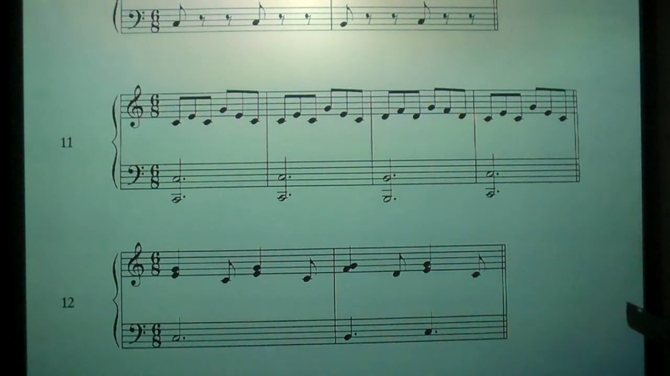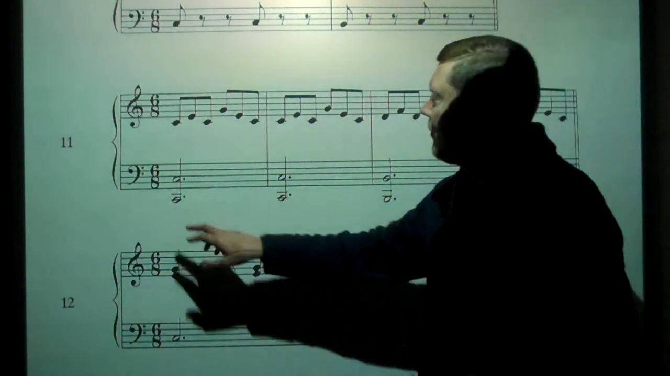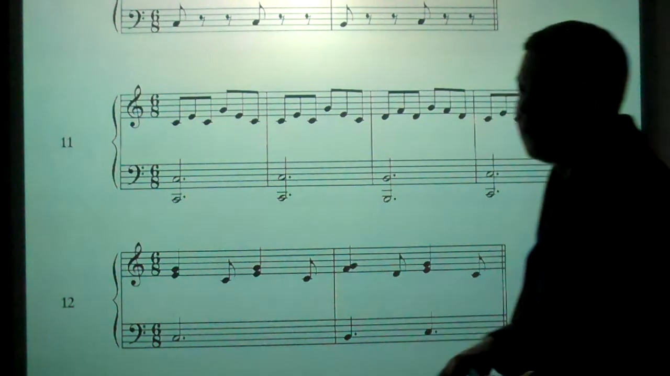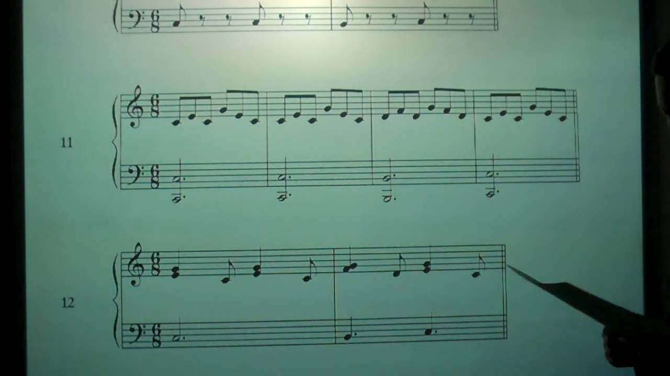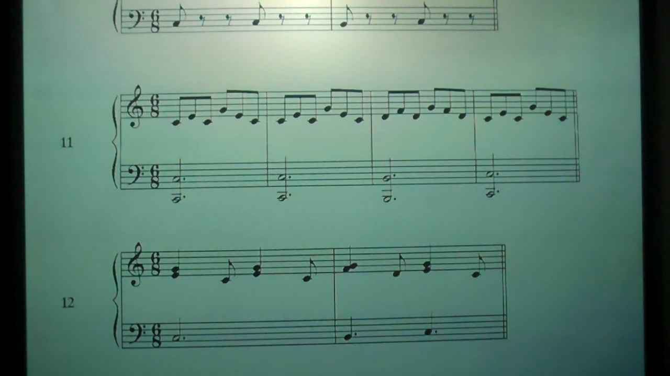Taking a look at figuration number 11 one more time to show again the fact that I have doubled the bass note in the left hand. That's why there are 2 notes there for each measure instead of 1. In the process of doubling the bass, in instrumental music, especially piano in this case, the bass can be doubled